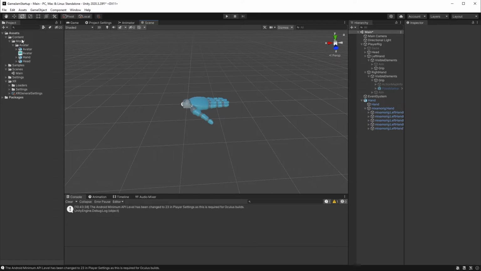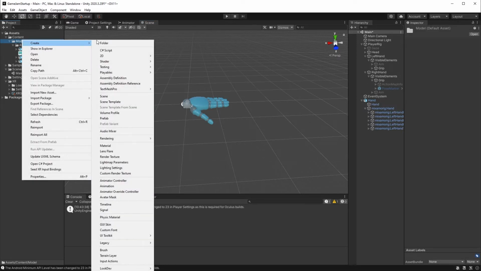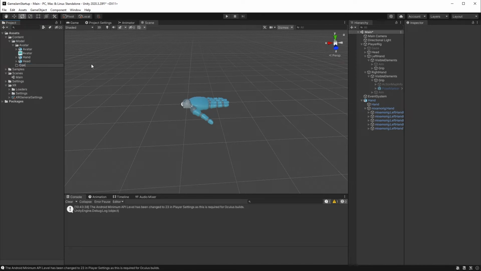Now to do that and to make it look realistic, what I do is bring in a model of the Oculus controller, and you can find these on the Oculus site to download. So I'm going to drag and drop a controller that I've downloaded from the Oculus site into this controller folder. And if I do that,